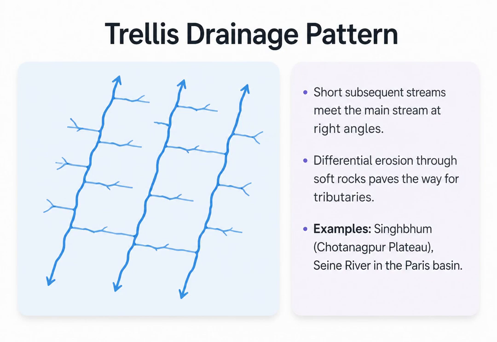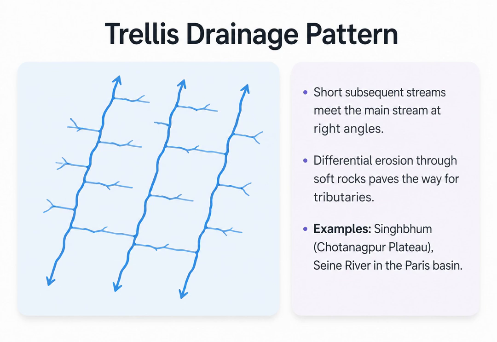Next is the trellis pattern. This looks like a garden trellis. Here, short subsequent streams meet the main stream at right angles. This happens in areas with alternating bands of hard and soft rock. The tributaries carve out valleys in the soft rock, running parallel to the hard rock ridges, before turning 90 degrees to join the mainstream. You can see this in the old folded mountains of the Chotanagpur Plateau and the Seine